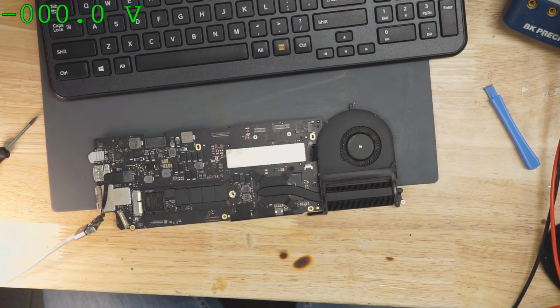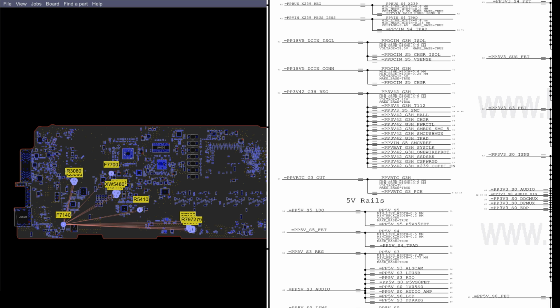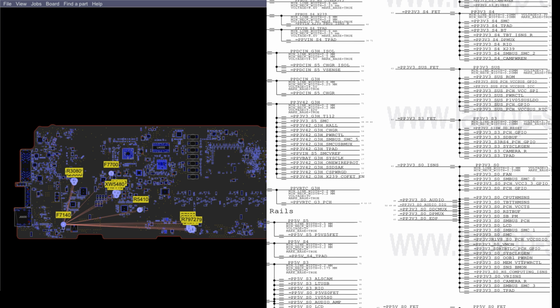5.2 volts. So it seems like we're in a similar situation as to where we were with that MacBook Air board previously. We are in an SO state. If we're in an SO state, that means all of our S3, S4, S5, and G3 hot rails are present, which means we don't have to waste time checking everything on this list, because that would be quite a bit of time. So what we're going to do now is we're only going to check SO rails,